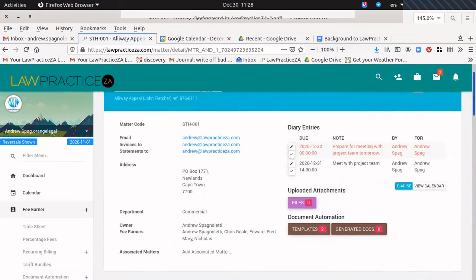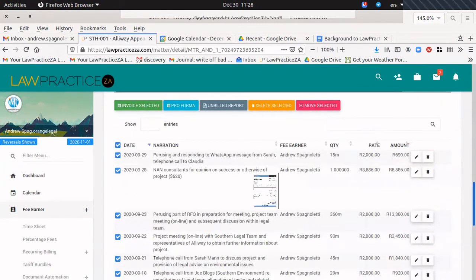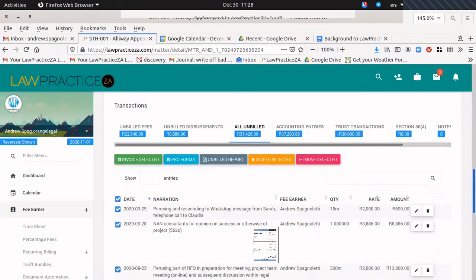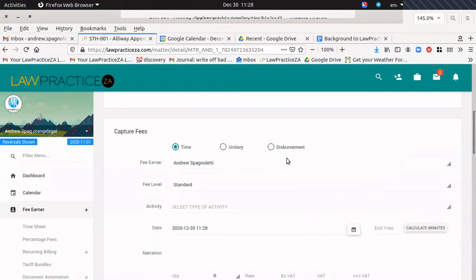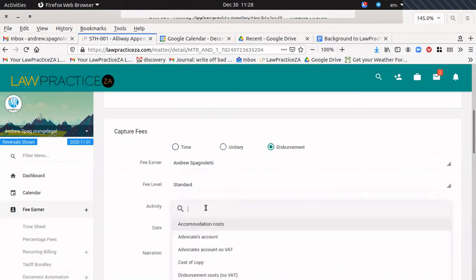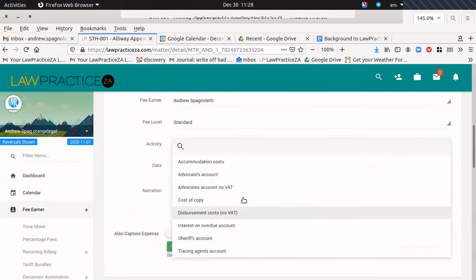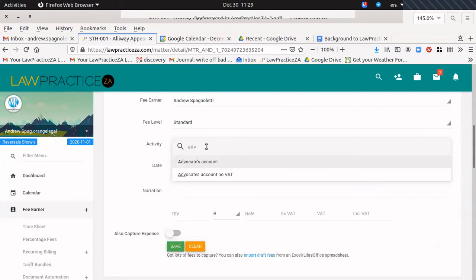if I scroll down, you'll see that on this particular matter, I've also got a disbursement. Now, to capture disbursement, you would go here, and now you get a different list of options. For instance, I could have advocate. And if we registered for VAT, but our advocate's not registered for VAT,